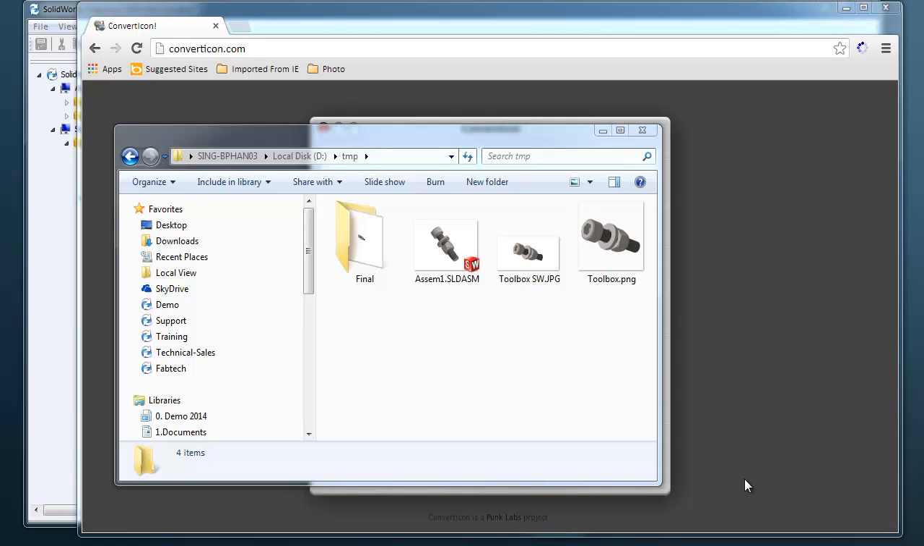So I created an empty assembly. I pull those components from the toolbox and position the assembly nicely and save it as a JPEG. So once you get it in a JPEG format,